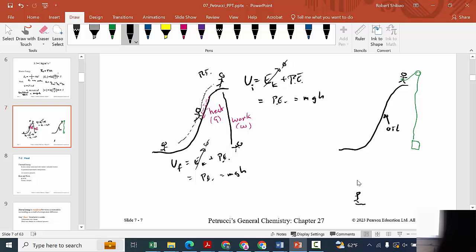Down here. And the weight is going to be where? Yeah, the weight's going to be at the top. And so all this potential energy that was lost